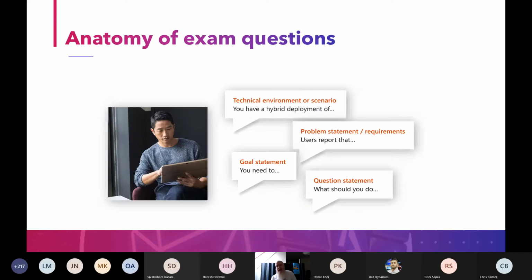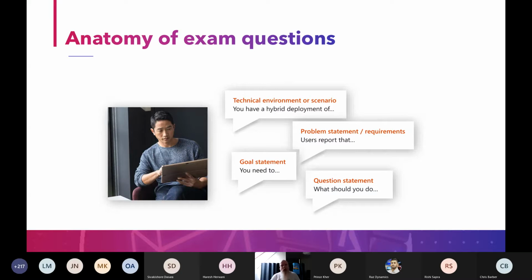Well, for the rest of the questions, they are laid out like this. They're typically made up of 4 parts. Some of these are optional now. They try to reduce it. In the past, you may have had questions with a whole scenario that took you about 20 minutes to read. They've gone away from that. The actual questions are quite short now.